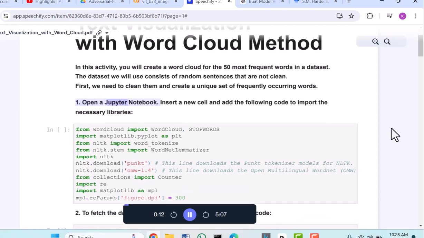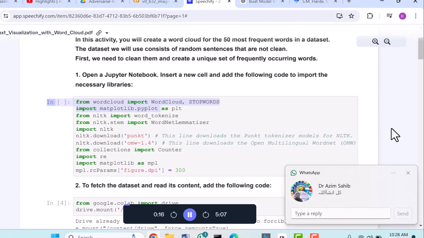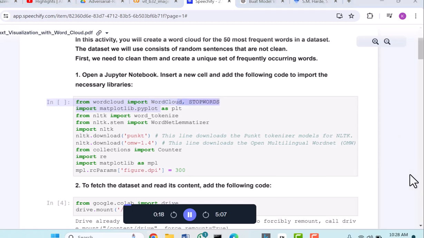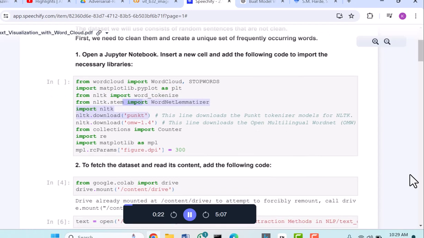1. Open a Jupyter notebook. Insert a new cell and add the following code to import the necessary libraries. From wordcloud import WordCloud, STOPWORDS; import matplotlib.pyplot as plt; from nltk import word_tokenize; from nltk.stem import WordNetLemmatizer; import